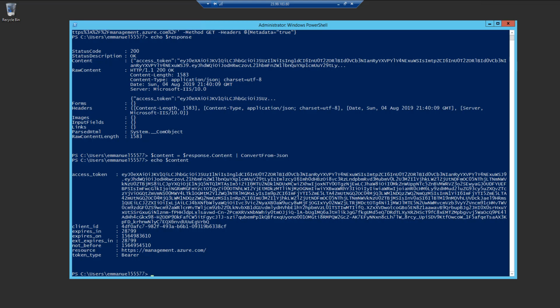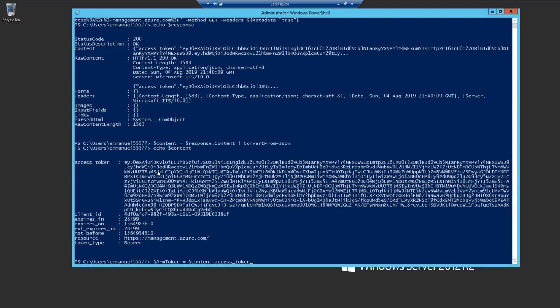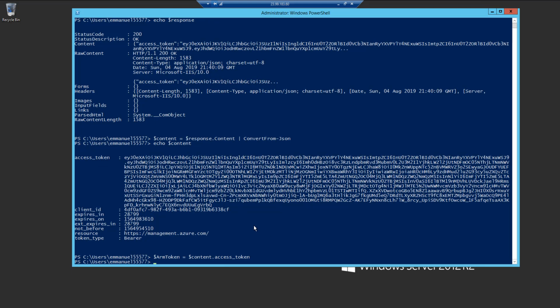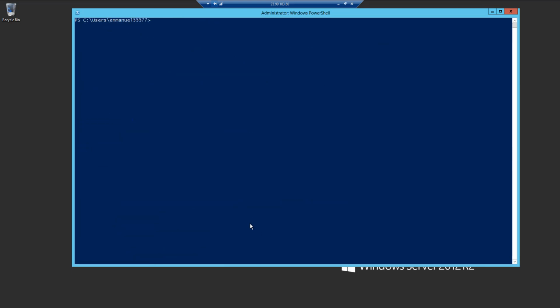And then the next thing that I'm going to do over here is extract just the Azure Resource Manager token and get rid of all the other stuff over here. So again, I'm parsing out the content as well. And you can see the command that I'm typing over here. Here's my command here, and essentially I'm just extracting this. And I'm going to type CLS over here, and I'm going to type echo, and I'm going to say $, because I wanted to see what is inside